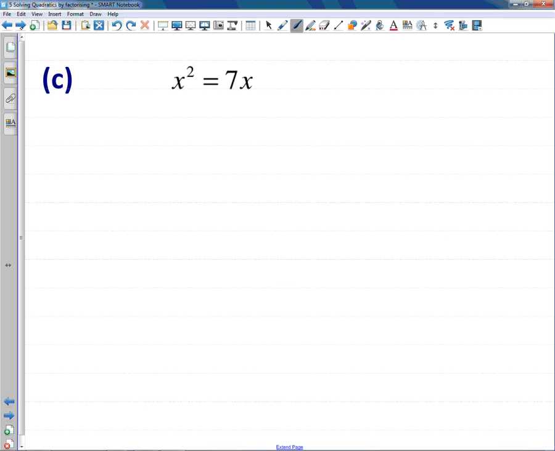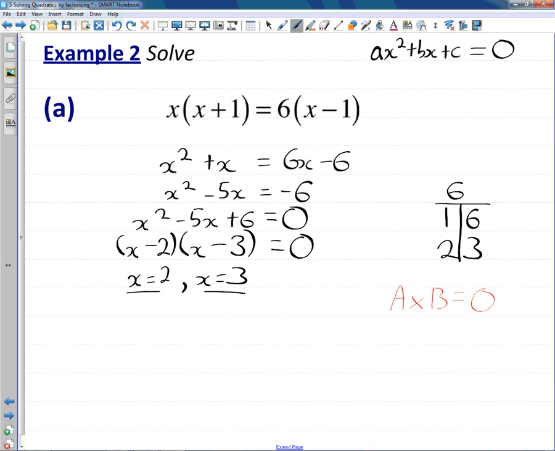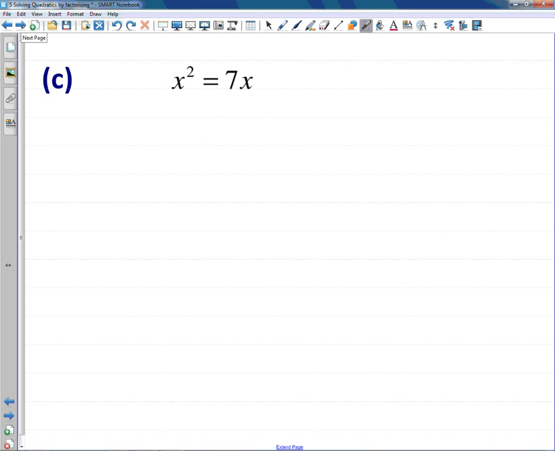I put this question on because I wanted to point out the fact that whilst in this question we could divide both sides by 2, you are not permitted here to divide both sides by x. If you do that, then you actually lose a solution. So you mustn't divide both sides by x. What you need to do here is stick to the principle which I mentioned here and get everything equal to 0. So take the 7x from both sides,